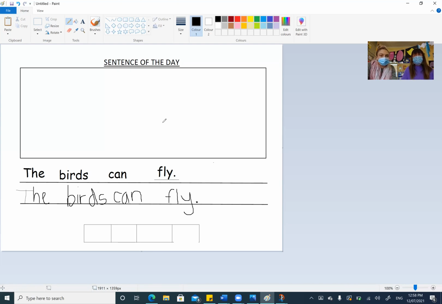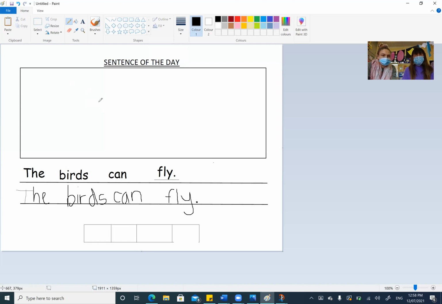Perfect. Okay, now the sentence of the day has a big rectangle there. What for? To draw a picture. Okay, will I draw a picture of a swimming pool? No, because that's not what the sentence is about. Will I draw a basketball game? No, because that's not what the sentence is about. The sentence is the birds can fly.